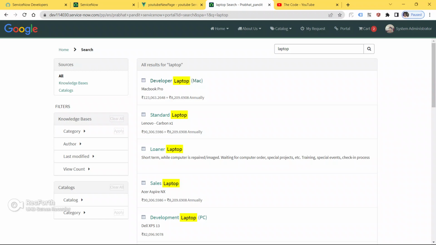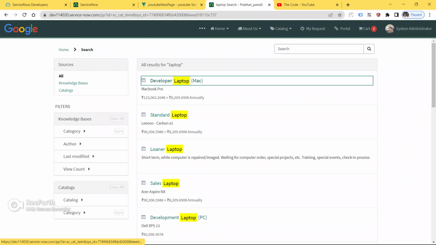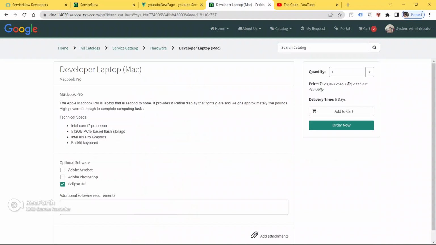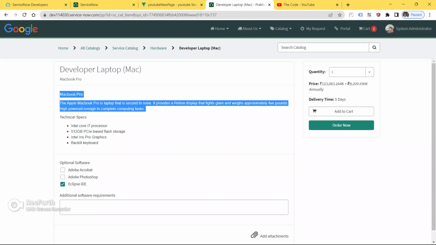We can place order, like let me click on the developer laptop Mac. So this is the developer laptop guys, Mac and MacBook Pro. This is the specifications about the item currently you are requesting, or currently you are ordering from the service portal page in ServiceNow.